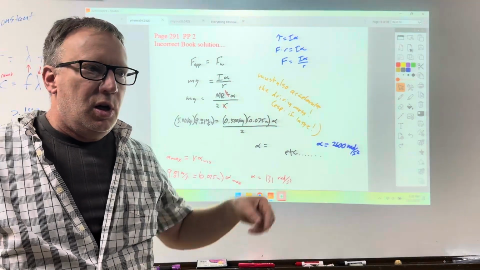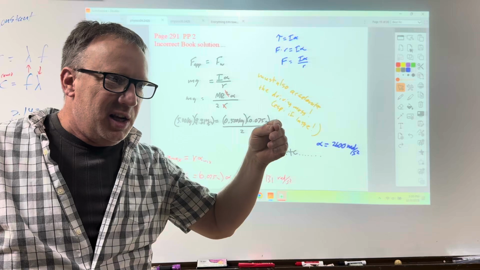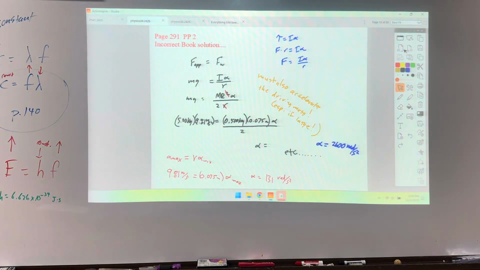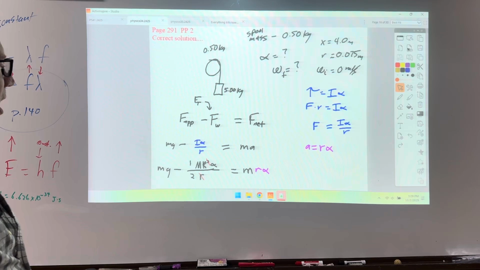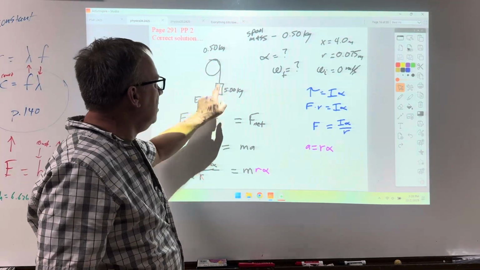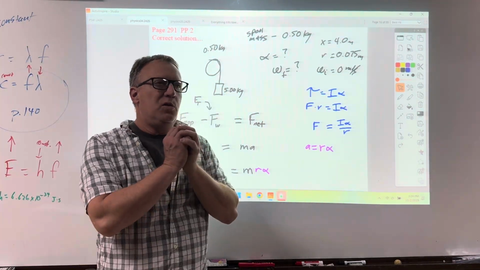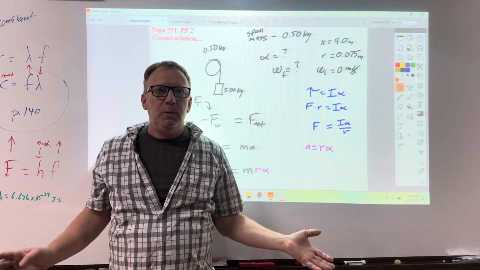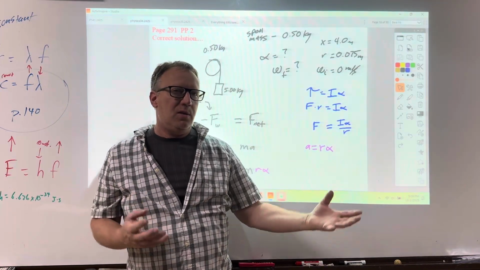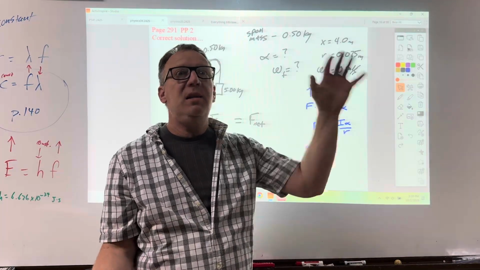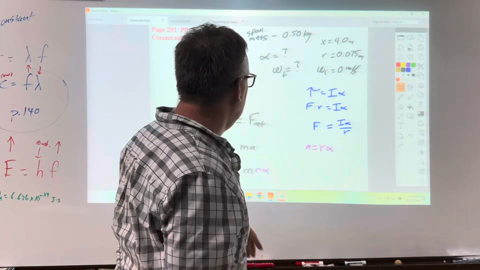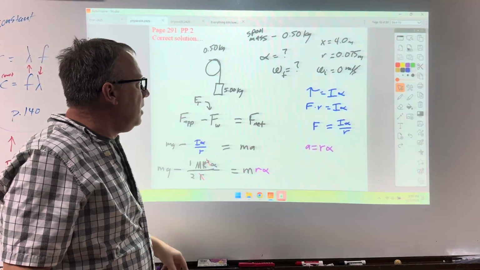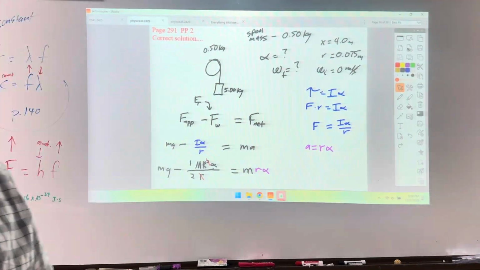Because if you have a falling Chrysler, it's got to accelerate the Chrysler. You need that other term in there. Now, if that falling mass is real small compared to the weight and the size of that wheel, you'll never know. But as soon as that mass starts to get pretty good size, if you're trying to make something go fast, like a trebuchet, you can't leave that term off. You're going to have a huge error. So when I work that problem,